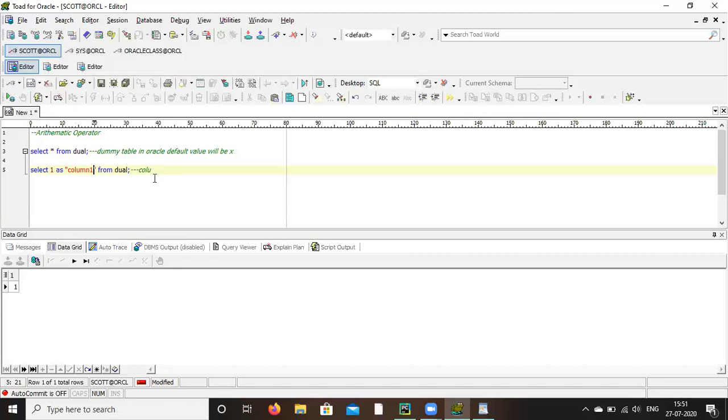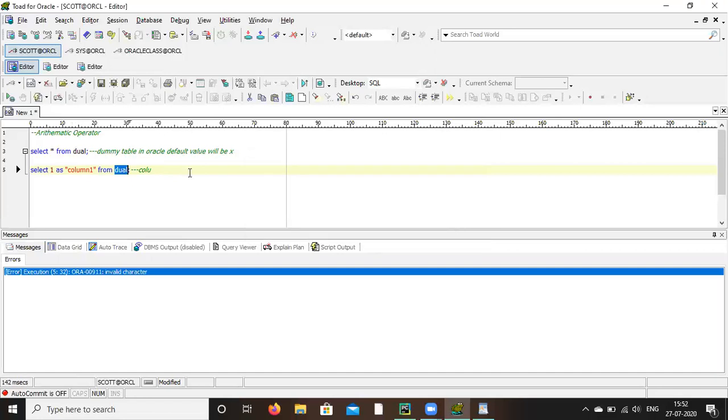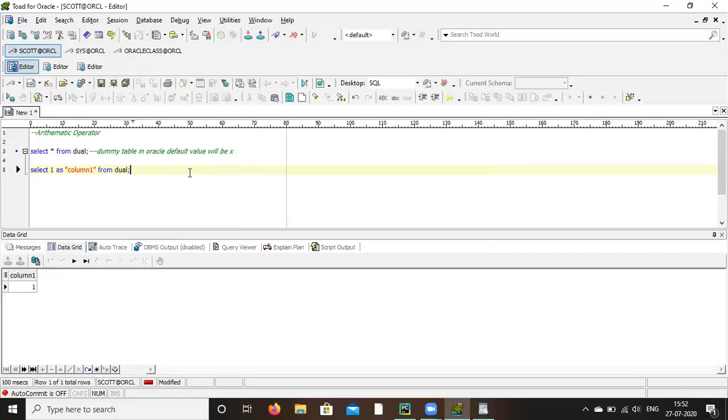Run it. Here, column one is an alias name we are giving to change the name of the column. So if you want to change the name of the column, you can give as, then whatever column name you want to give.